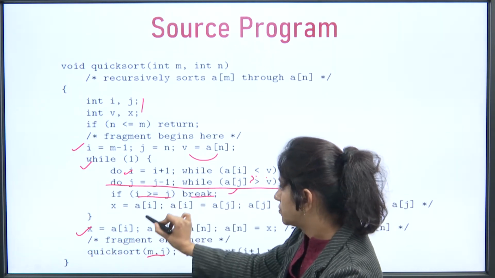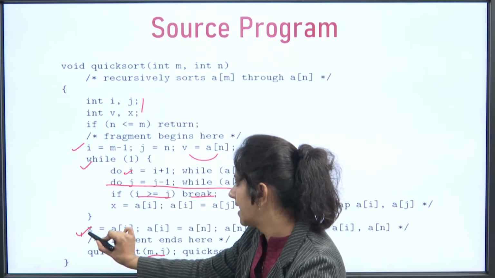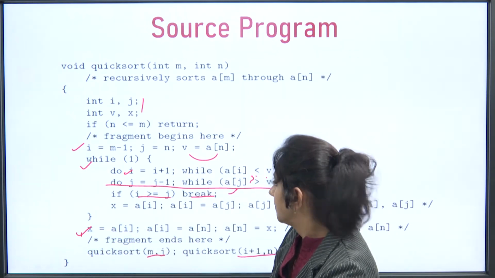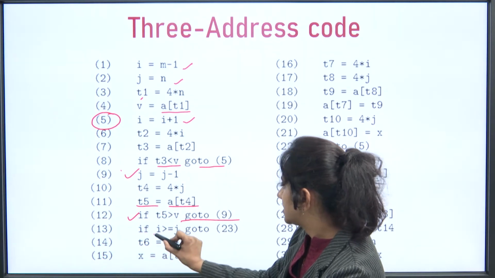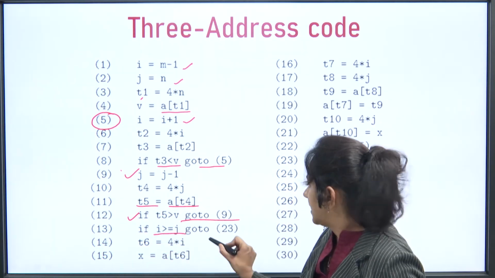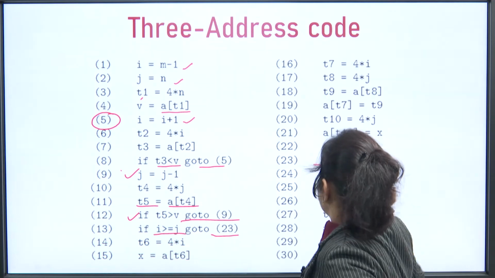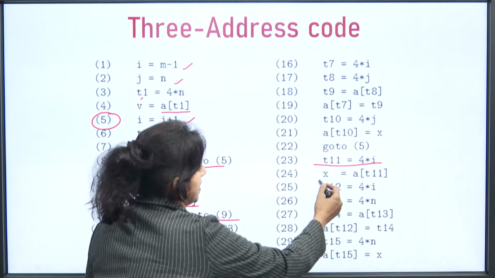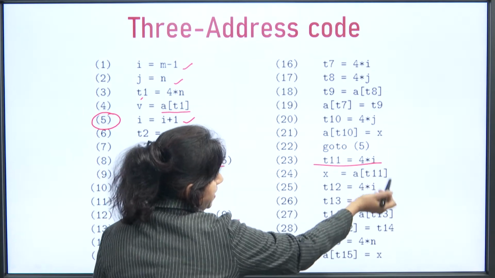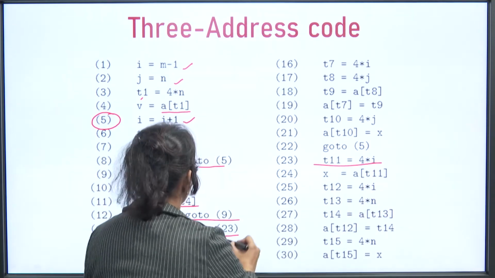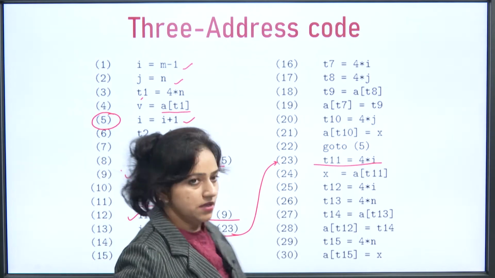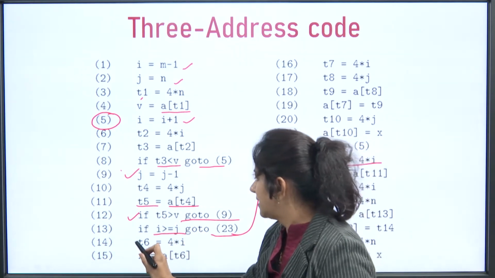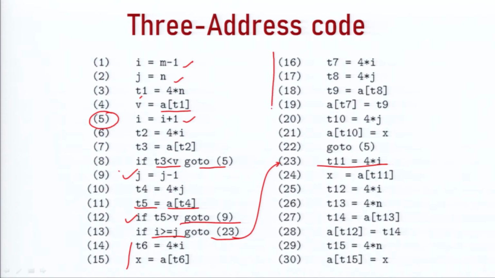we will break out of all these lines and we will come here x is equal to a at I. So, here we are checking if this is greater than or equal to j, then we will go to this particular statement for x is equal to a at I, and this is the way how we are doing so in 2 statements. So, from here we will move to this. If this condition is not true, then we will execute all these statements in sequence. So, this is the 3 address code for the given implementation.